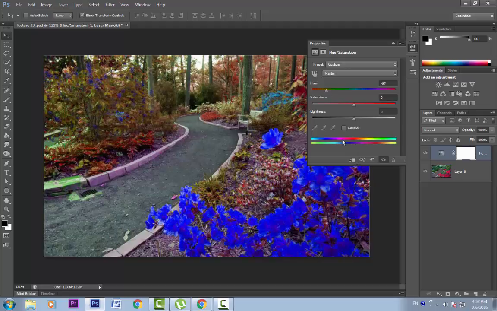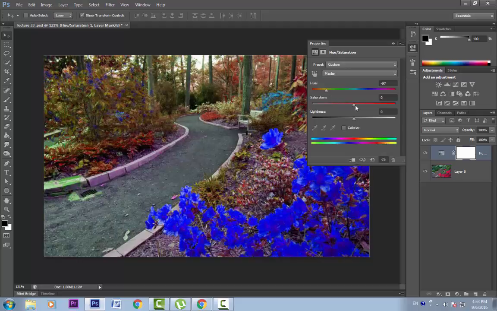Now look at this original spectrum. Our flowers were kind of pinkish color. Now those pixels have been remapped to blue just below it. This is the blue color and this was the original color and this is the remapped color. The trees were green and they have been remapped to reddish orangish color.